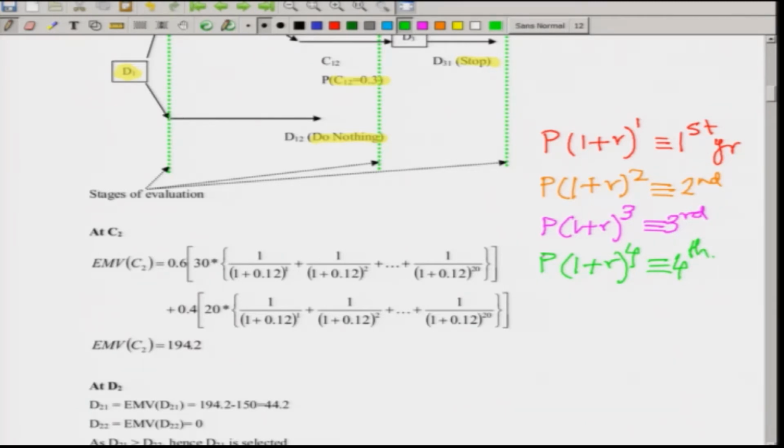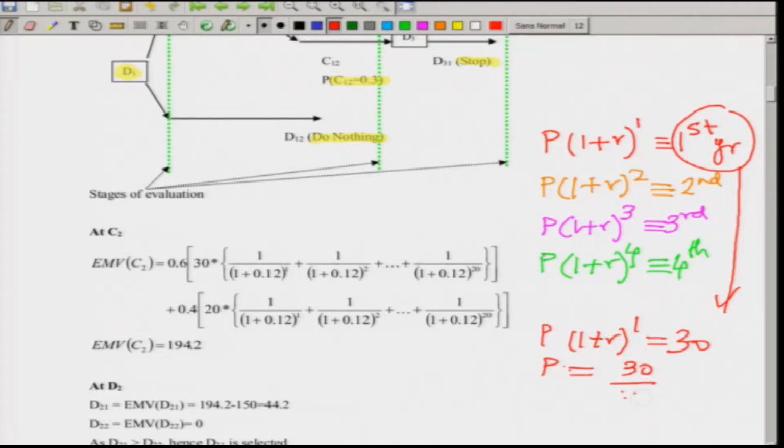Now see where this calculation is used. It is saying that I receive 30 million after each year. That means after the first year, if I have a value of 30 million, then when I do this calculation, this first year value is 30, and 1 plus R is what is given. I need to find out P. So P is given by 30 divided by (1 plus R) to the power 1, and this is the value which I have here.